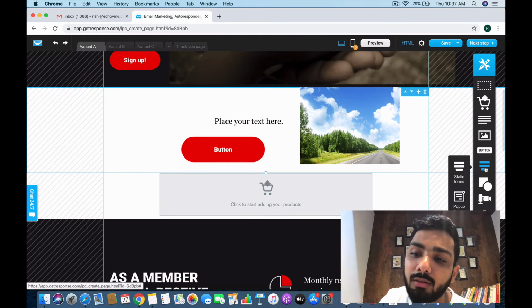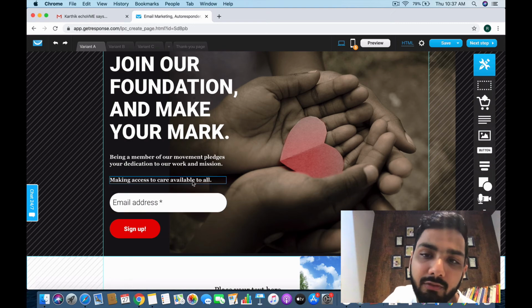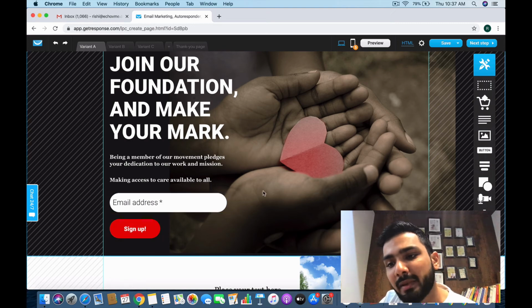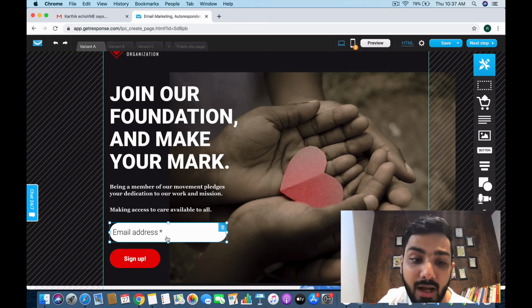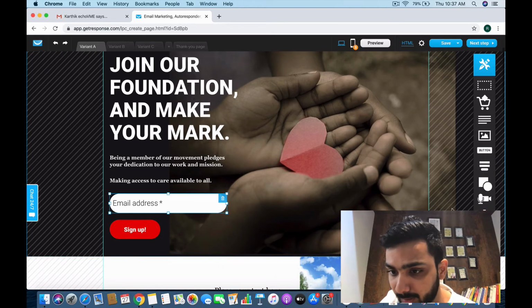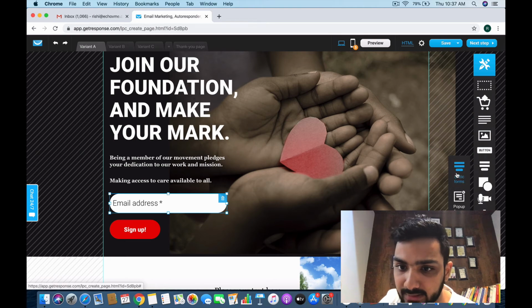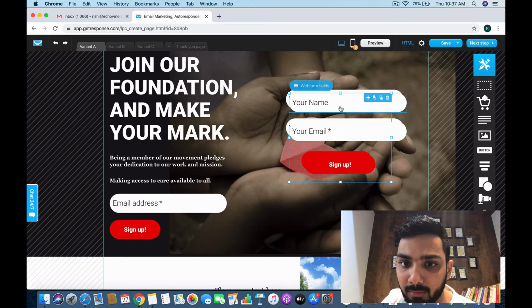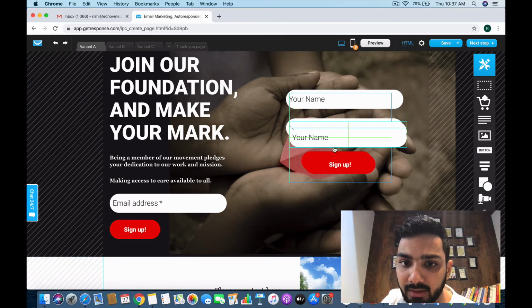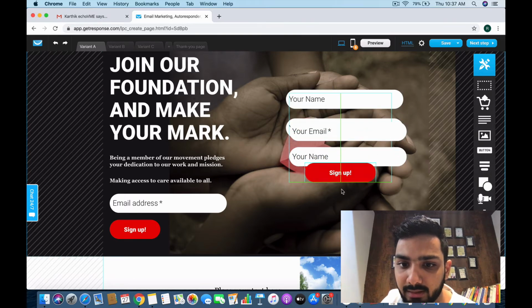Now this is static form and pop-up forms. Okay, now every landing page will definitely have a preloaded form. This is a form which has only an email address. If you want to add some more, you can add more fields to this. Okay, so let's say I want to create a static form here. Again, this is how it is. I can add some more form. Let's say, see, I was able to create one. I'm gonna align it here and I'm gonna push it down a bit.